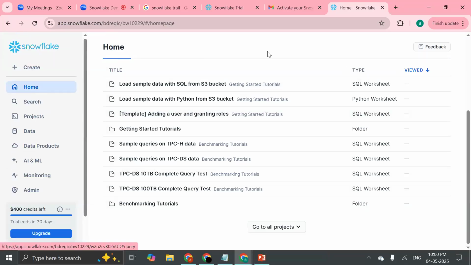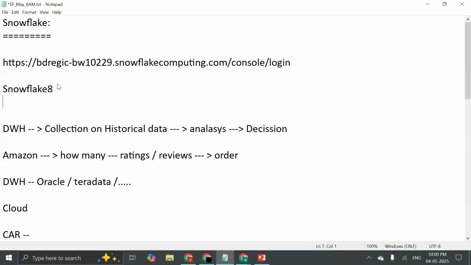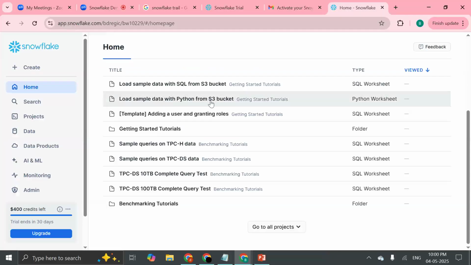When you log into our Snowflake, let me give the Snowflake username. Snowflake 8 is the username, and then I have given some password. Okay, now this is my username and password when you are logging into our account. Now see this, on the left hand side you can see